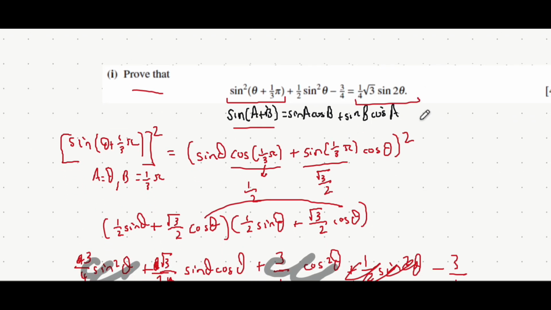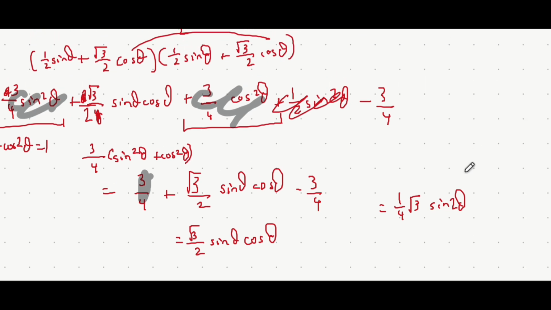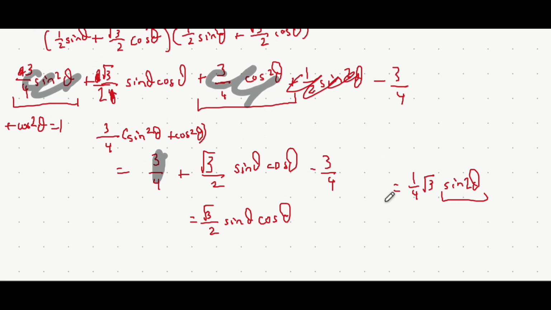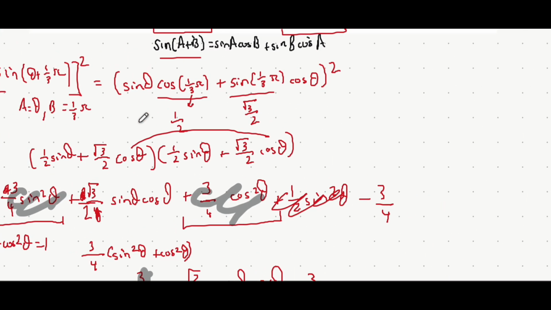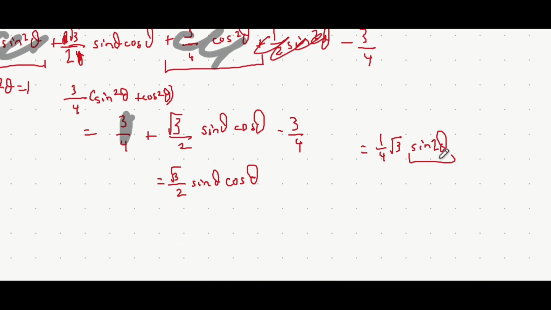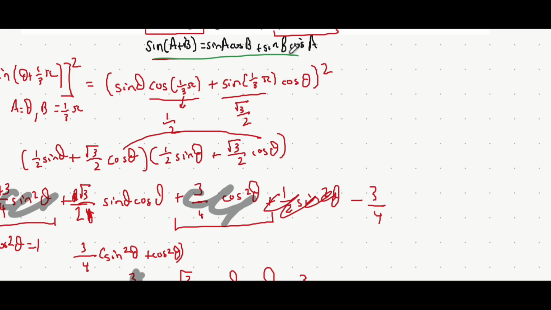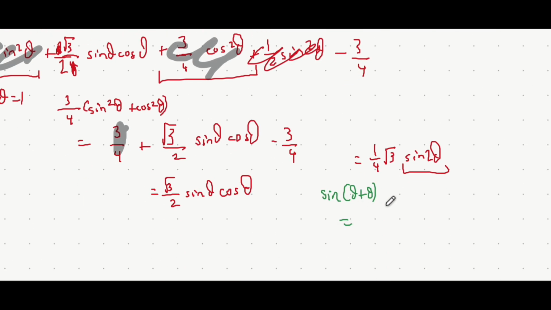Let's now try to think about how that's equal to a quarter root 3 sine 2 theta. Well, the easiest way to do that is let's focus on expanding this out and we can see if these two actually equal each other. I'm going to change the color of my pen quickly, but once again we're going to use this formula here to expand out sine 2 theta. In this case, A is going to be theta and B is also going to be theta because theta plus theta gets you to 2 theta. So let's find sine of 2 theta. So it's sine A cos B, plus sine B cos A. It will just be sine theta cos theta plus cos theta sine theta, which will just add to 2 sine theta cos theta,